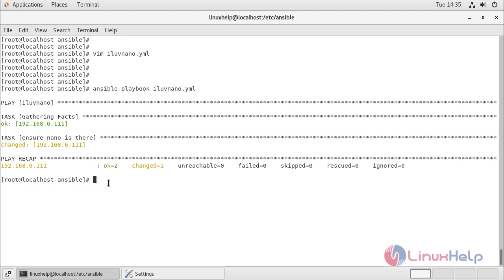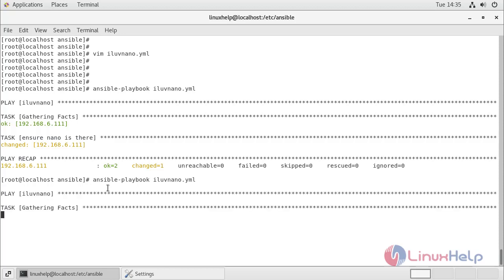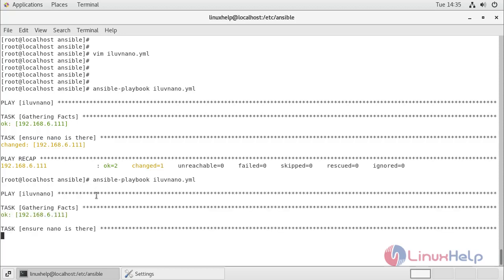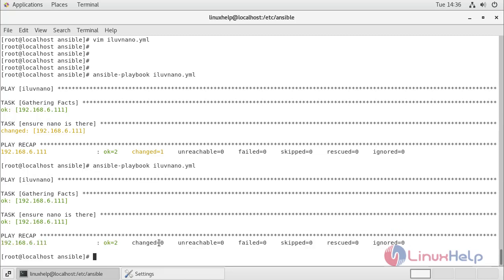If I run my Ansible playbook YAML file again, you will see some changes here. Now it's completed. Here you can see that changed equals 0. This means nothing has been changed. So Ansible will not make any change if the state which I want is already there. So this is a very good feature of Ansible.